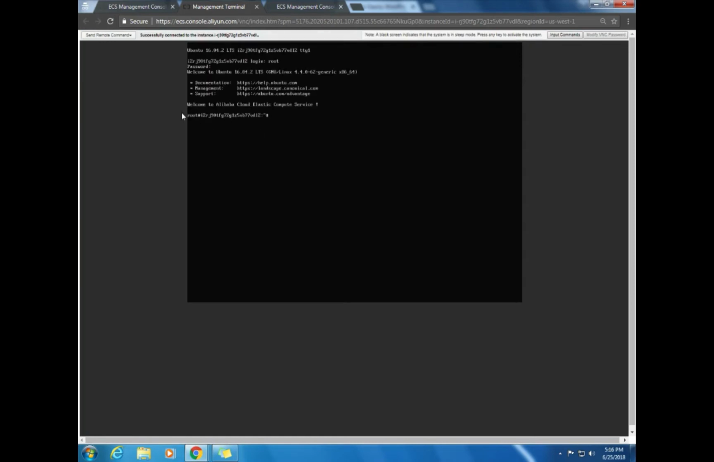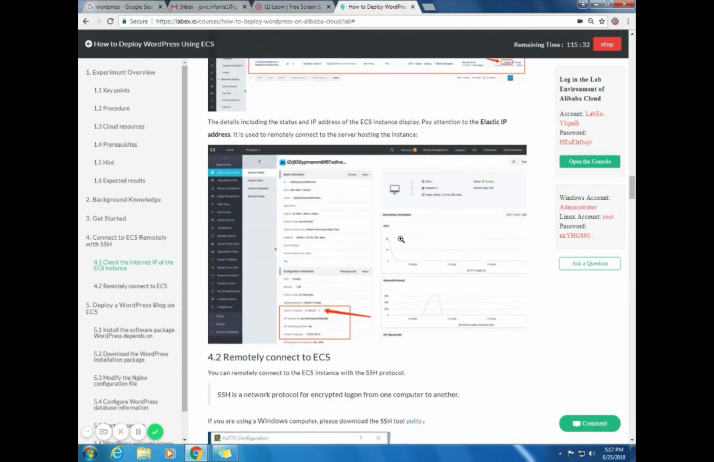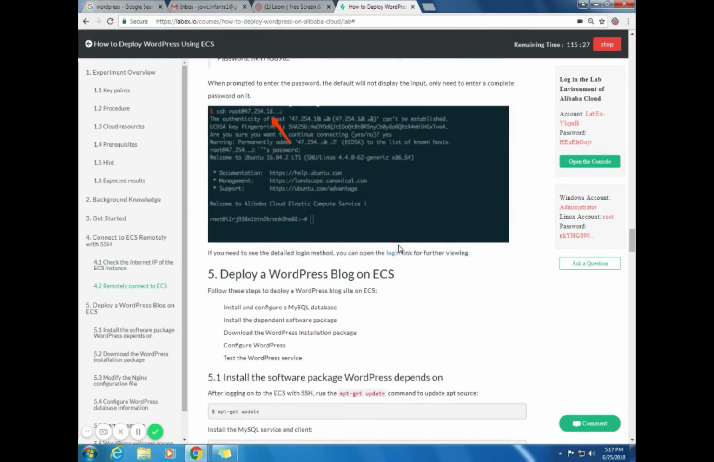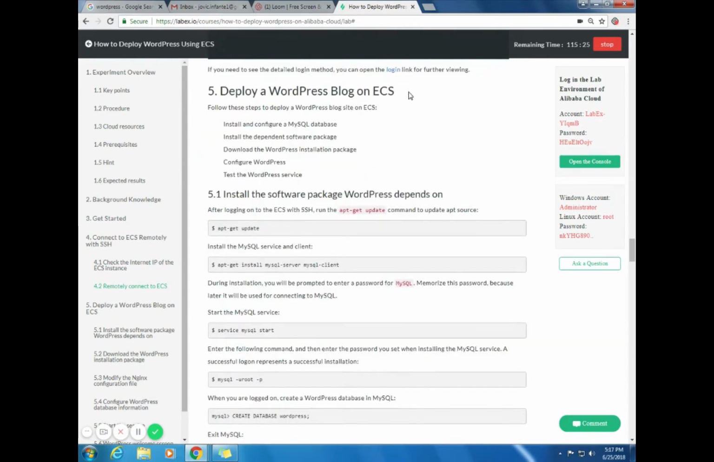So we are now inside the ECS, Alibaba Cloud ECS. Welcome to Alibaba Cloud Elastic Compute Service. There are a few commands that we need to put into this system. Right, so the next step is to deploy a WordPress blog on ECS. It says here, install the software package WordPress depends on. Once we're logged on to the ECS, we need to run this command,